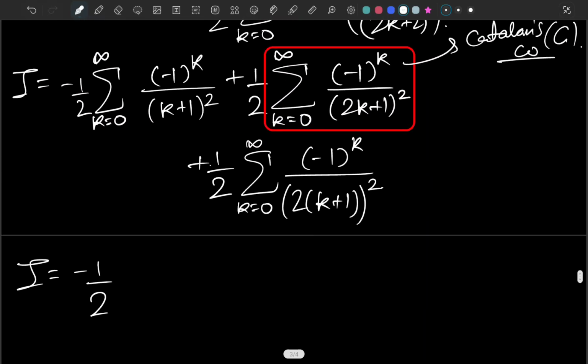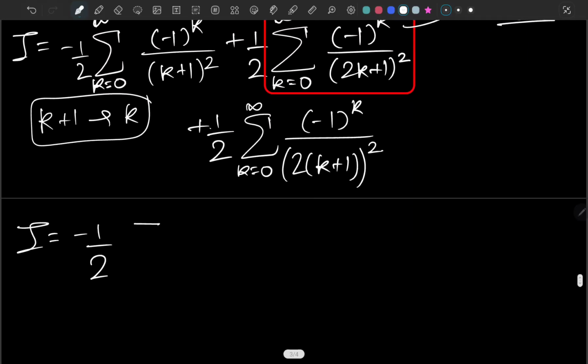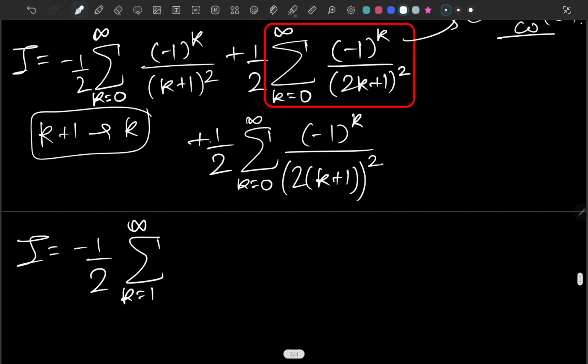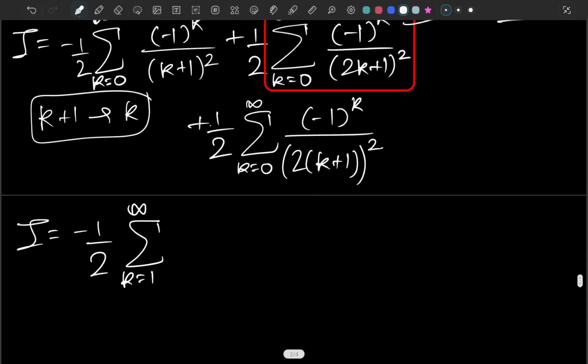I'm just going to replace k plus 1 with k here, and that's it. So basically we have the sum as k goes from 1 to infinity. Don't be confused here: it was from 0 when we had k plus 1 in the denominator, so our series began from 0. But when I'm talking about k in the denominator as a function, I have to begin our series from k equals 1, and this would be negative 1 to the k